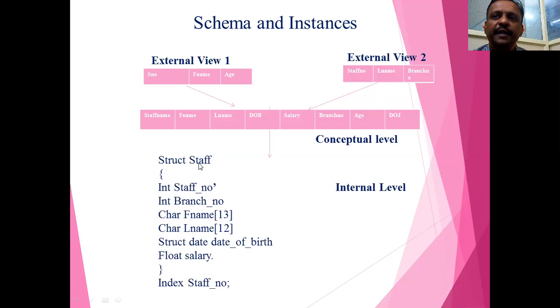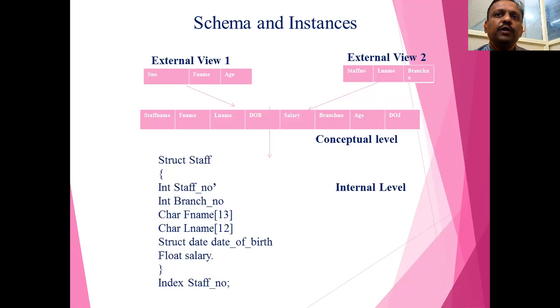Staff is an entity, or you can say an object. Declared here are staff number, branch number, first name, last name, date of birth, salary. These are the variables of a particular schema. So this is a structure at the physical level that we are discussing.